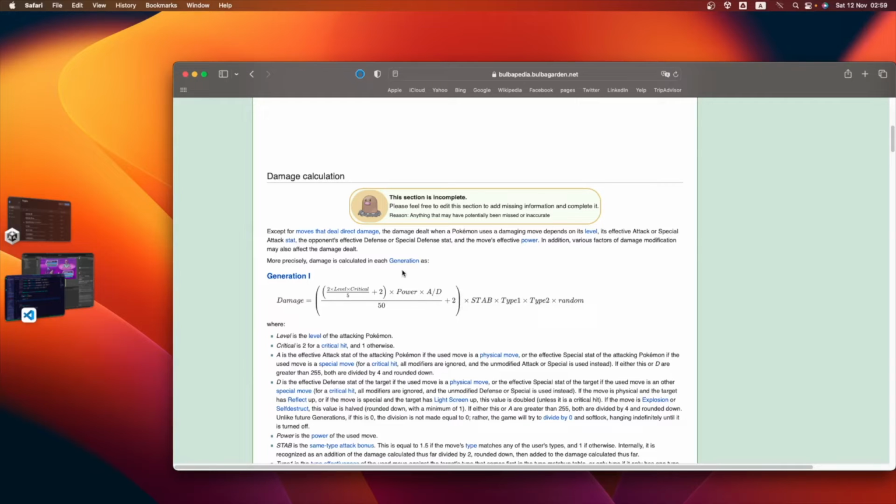And whatever result happens inside here is multiplied by these modifiers, which is the type of the attacker times the type of the defender times some random value we can add to the formula to make it more dynamic. We don't know what's gonna happen, and we can add some randomness to the game. So this is the one that we're gonna be using.